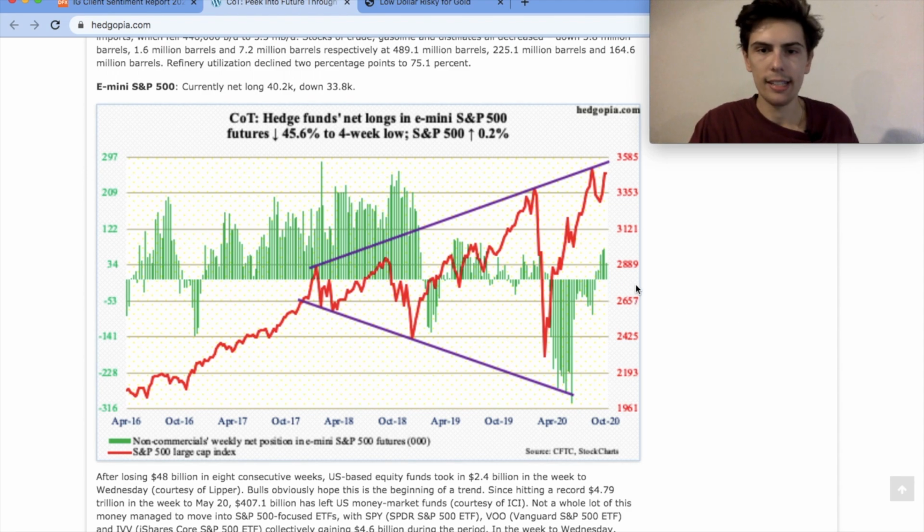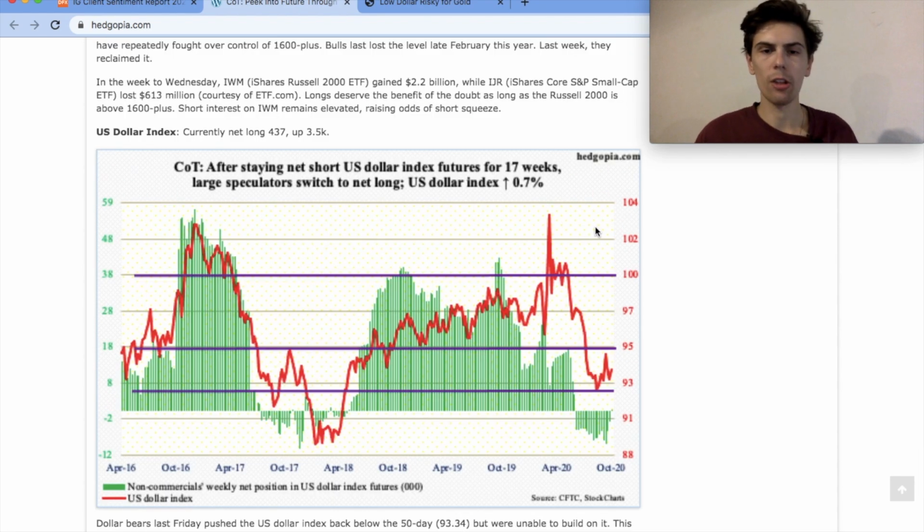We can also take a look at the S&P 500 in terms of hedge funds. Not really much to see here. Hedge funds are slightly long, but until this reading gets to an extreme, not really much to look into. All right, and here is another chart looking at